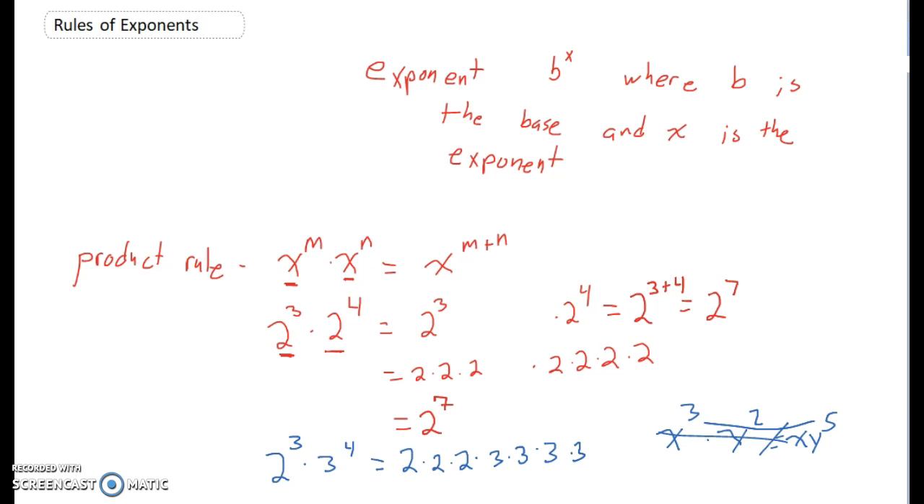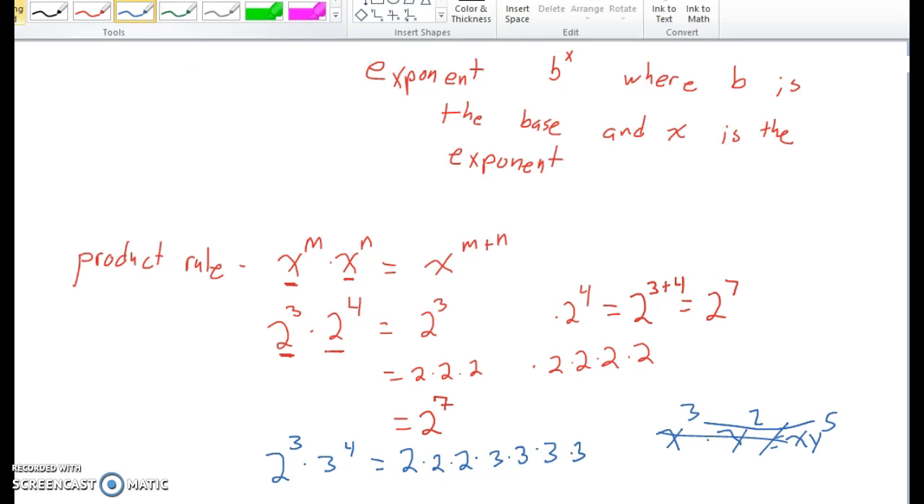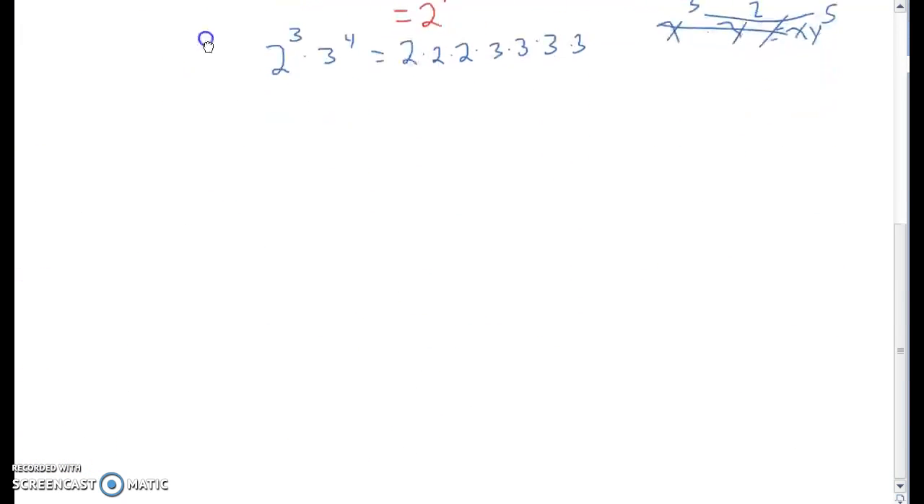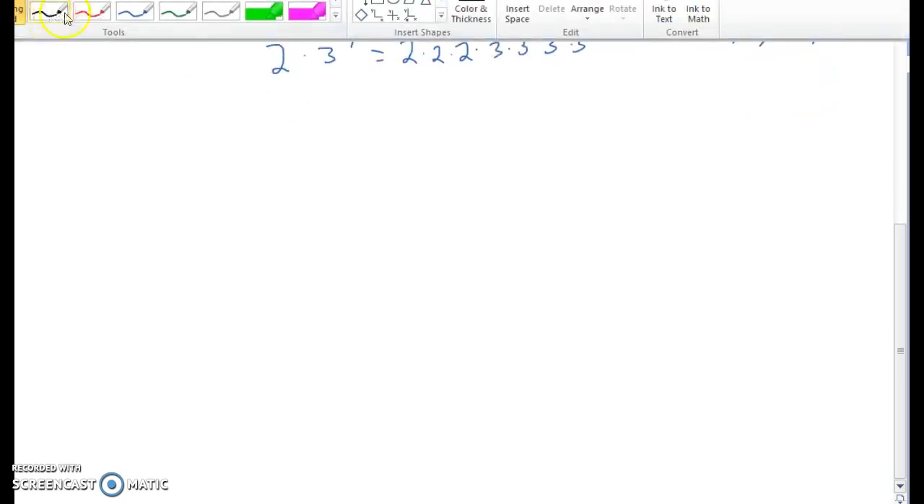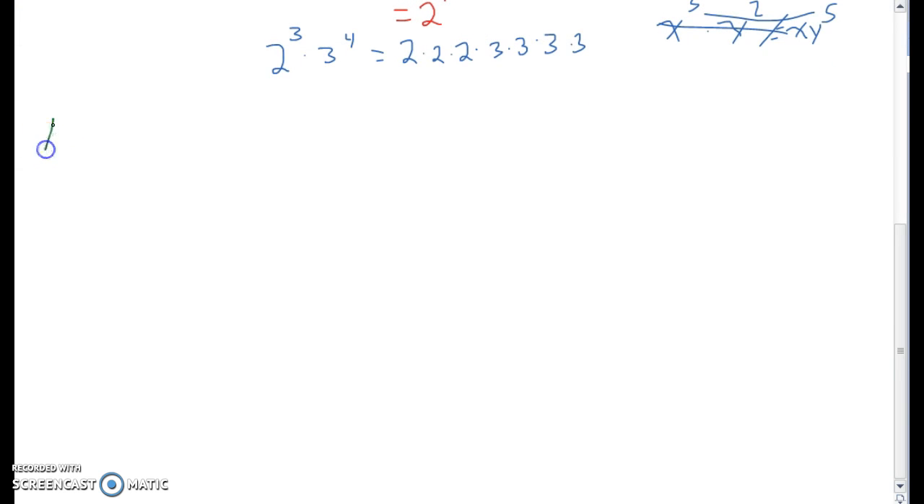Okay. The next thing we want to do is go over the power rule. And so I just want to move the screen down here a little bit. So let's move the screen down and let's talk about the power rule. So power rule. So just as if we raise something to a power, like x to the second power